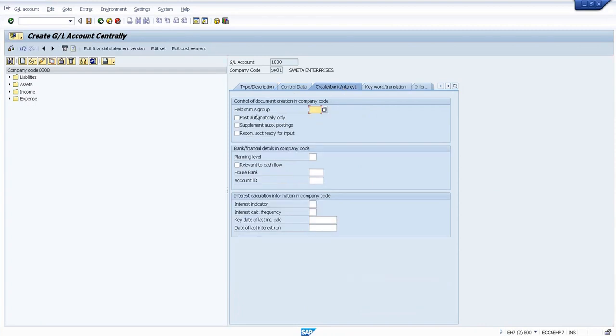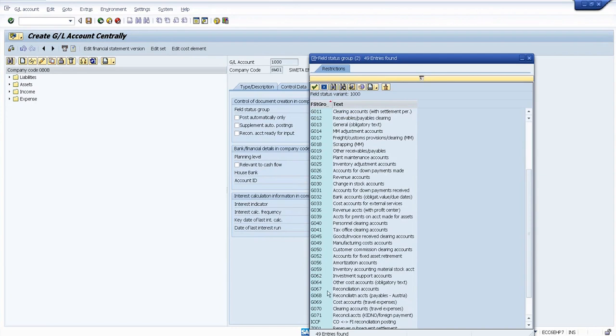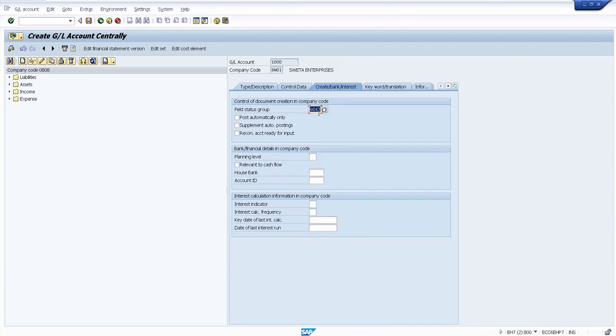Here is the field status group. Actually, this is what we create for that: G067. This is the reconciliation accounts group G067. Just enter. This is a reconciliation account. Then save. You see here, initially this company code is in another different company code, 0808. Now after save,